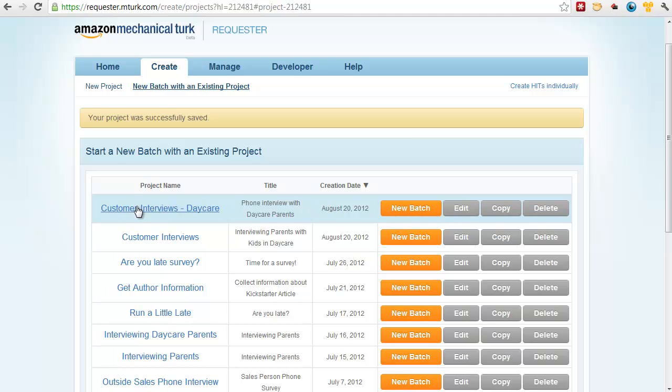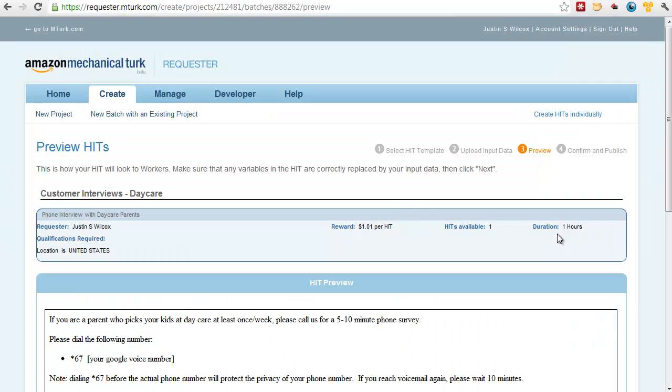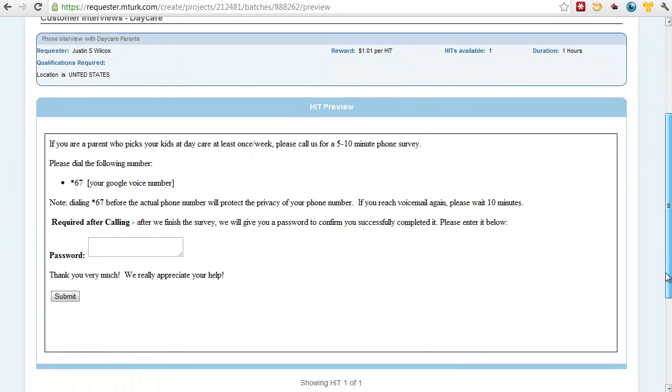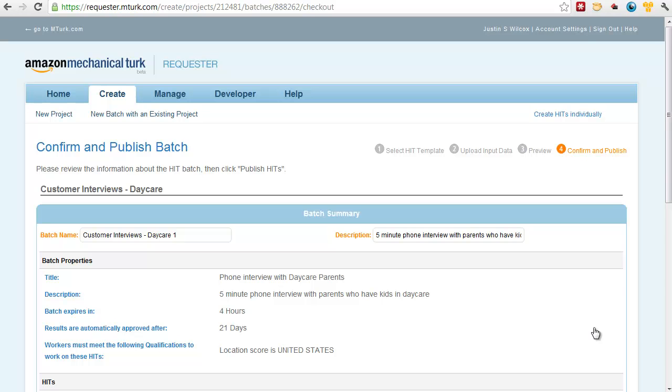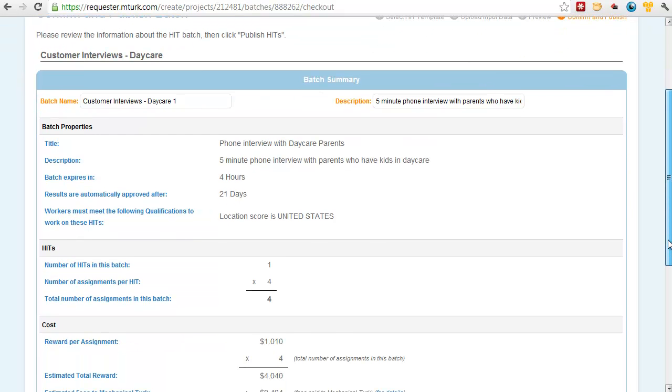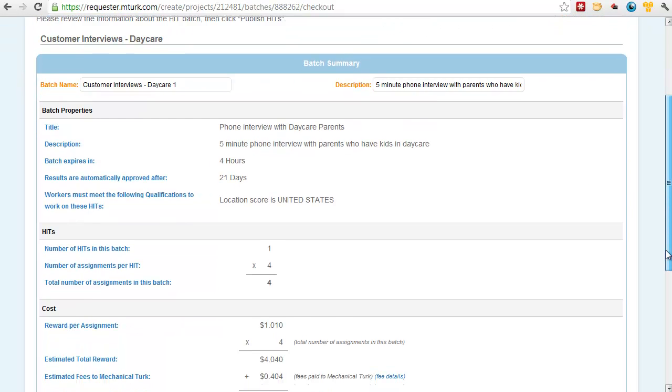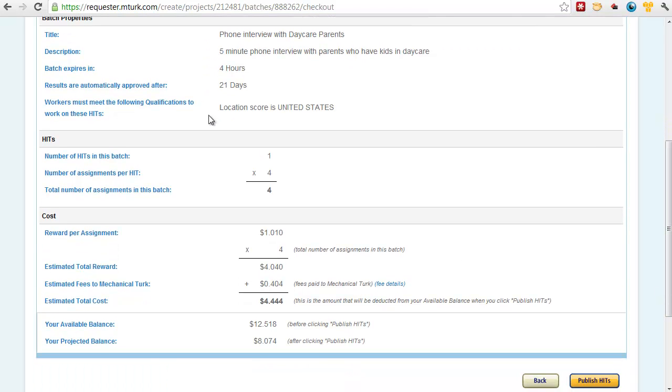So here I am, I've got my project, I just named Customer Interviews Daycare, I click New Batch. And now you can see the same stuff we saw before, description of the hit and actual content. I scroll down, I can click Next, and you'll see the summary, how much I'm going to actually end up paying to do all this work. So you can see here that I've got one hit in this batch, so that's one hit, times the number of people who can assign it to themselves. That was 4. I said there can be up to 4 people who have this hit at a time